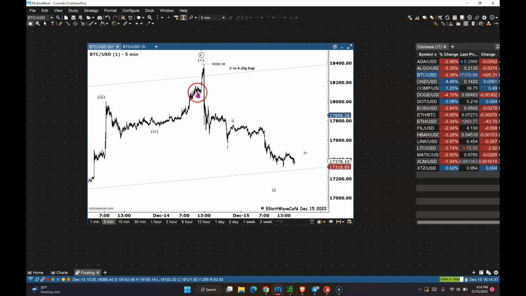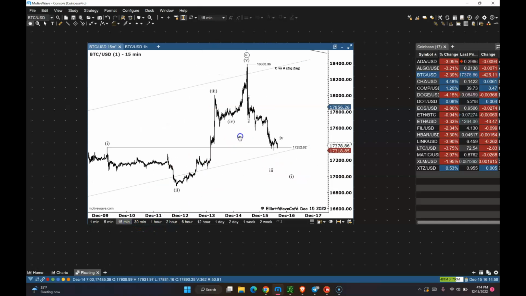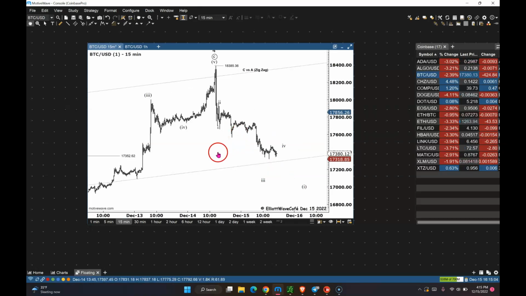The question is, can you have a diagonal here? I don't think so. I think you're getting a series of 1s and 2s. So possibly this was wave 1, and a wave 2 up in there. Then you have another 1, 2, 1, 2, 3, 4, 5. I think you're still trying to decline and finish this sequence. Let's see back in here.